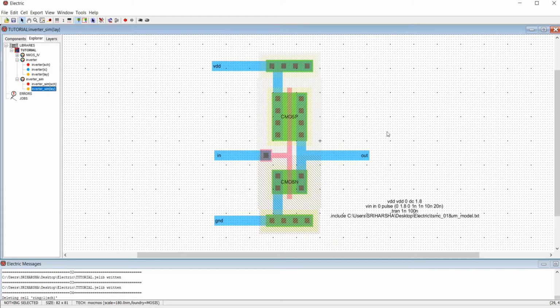Welcome back to the tutorial on the Electric VLSI design system. In the previous tutorial, an inverter, which is a basic form of an inverter, was designed with PMOS as well as NMOS, with a width of 20 and a width of 10. Now, by using the same inverter, we'll try to create